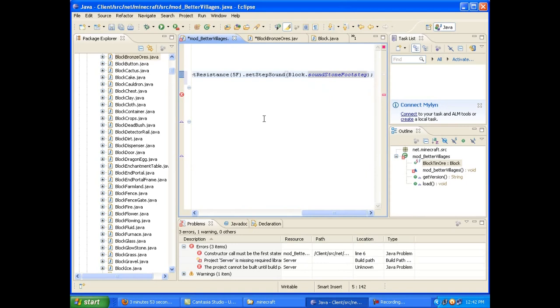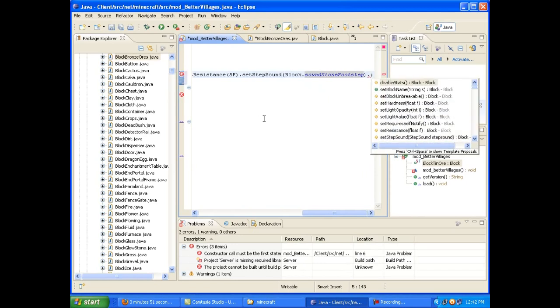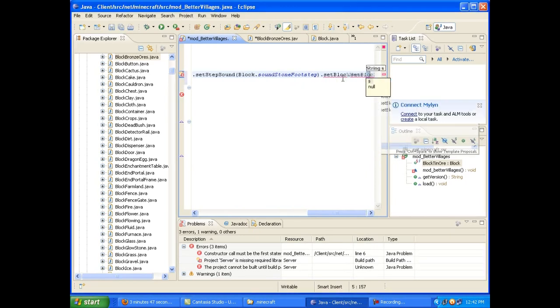The last thing we want to do here is just hit dot and set block name. And this is not the in-game name, so for example, it won't show up in your inventory when you highlight the item or anything like that. But it's an internal name, meaning that it still needs to be unique to the block. Minecraft uses this to identify it.